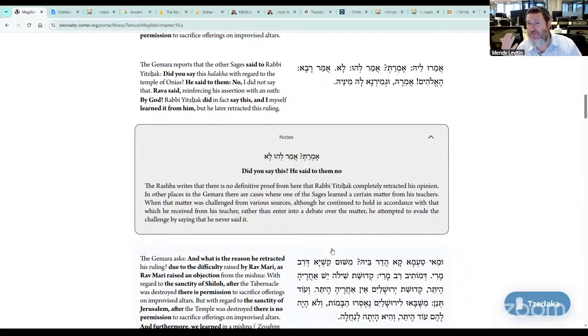What was he even thinking of saying you can do it? So we're going to answer that question. But first, he backtracks his statement. So Rav Steinsaltz says the Rashba writes that there's no definitive proof from here that Rav Yitzchak completely retracted his